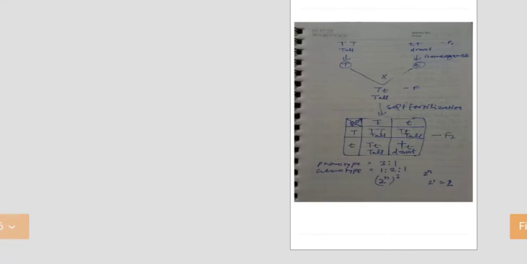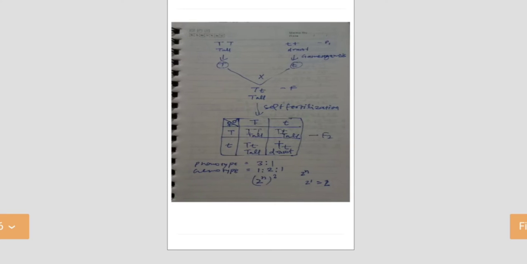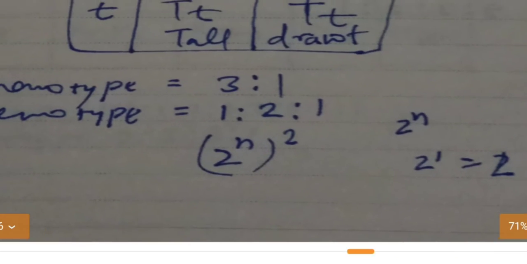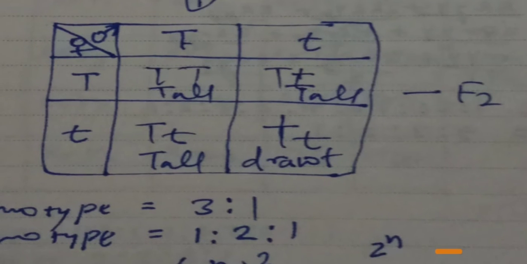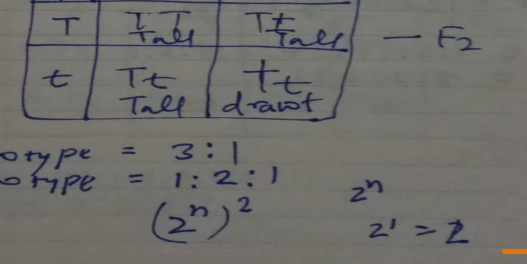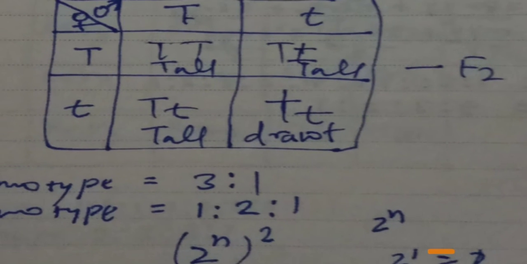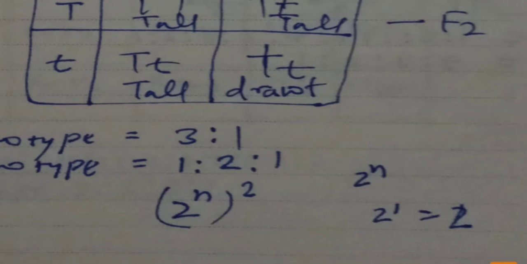Again, we need to continue. There is a small but very good formula for calculating the gametes for the F2 generation. The formula is 2 to the power n. The value of n is the number of hybrid pairs of genes. So for one pair the value of n is 1, for two pairs the value of n is 2. In a monohybrid cross the value of n is 1, in a dihybrid cross the value of n is 2, and in a trihybrid cross the value of n is 3.